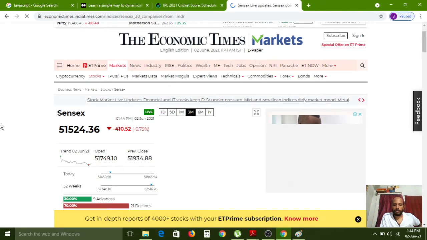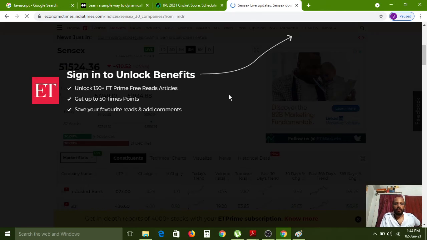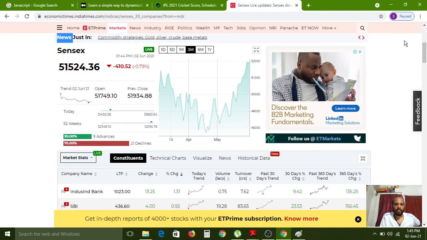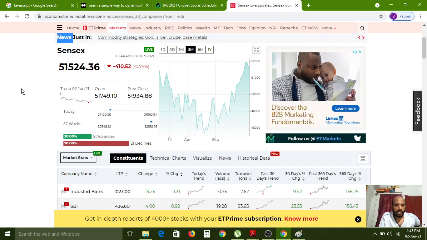All of you carefully observe. It is the real-time example here. Here the Sensex is changing dynamically. Here we are not changing anything. All of you carefully observe. 51524.36. This value will change dynamically.